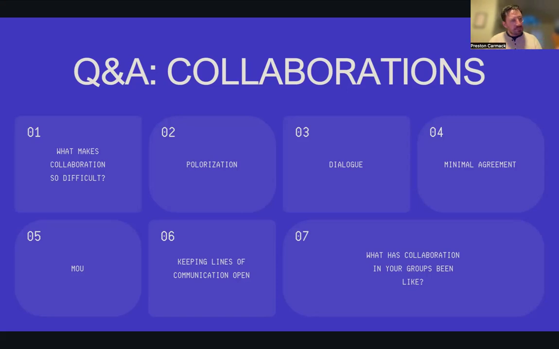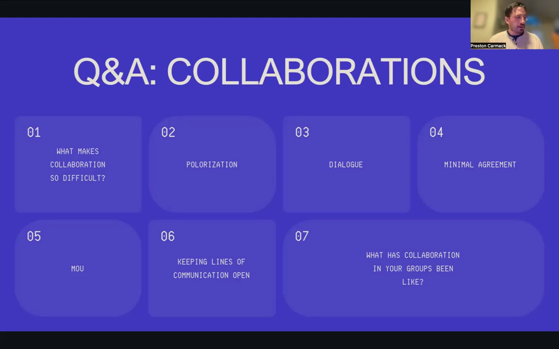So minimal agreement allows room for being able to move forward. So find those places, those pockets. It's like you almost have to train your mind to begin to see these places where, oh, I have a lot that's different between my organization and this other person's organization. Maybe we're working on different things, but we both have this commitment to social justice. And if that's the case, that's something that we can build on, right? And that's a good place to start.